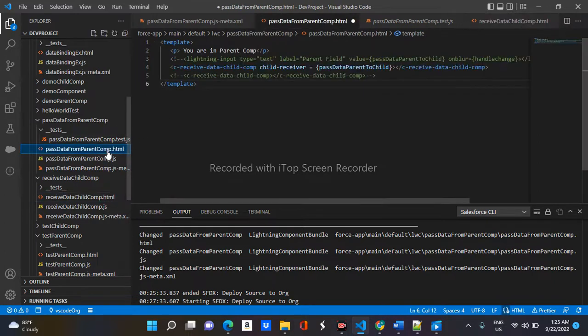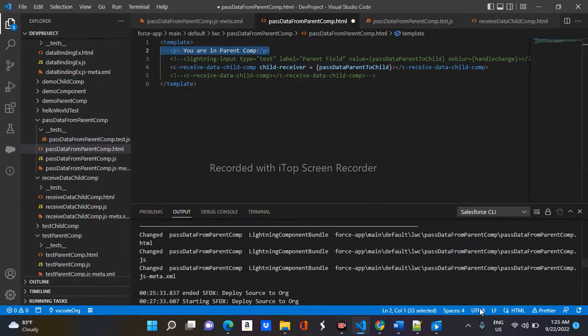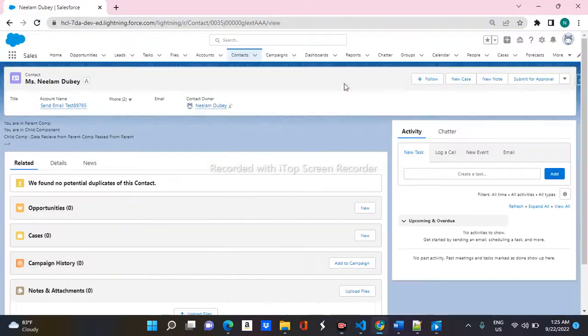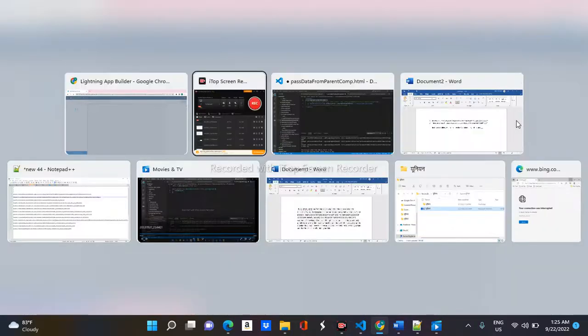And in the parent component, if you see, I have mentioned only one para: "You are in a parent comp." So let's go ahead with adding it to the record page. I'm here, and I'm going to edit my page. I'm going to drop my